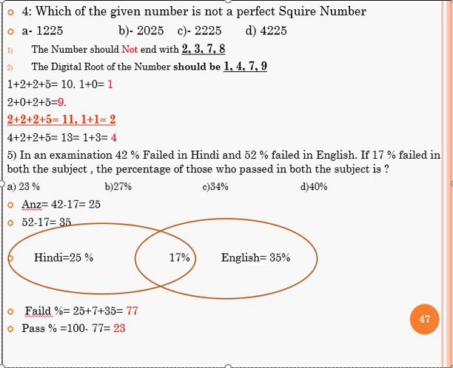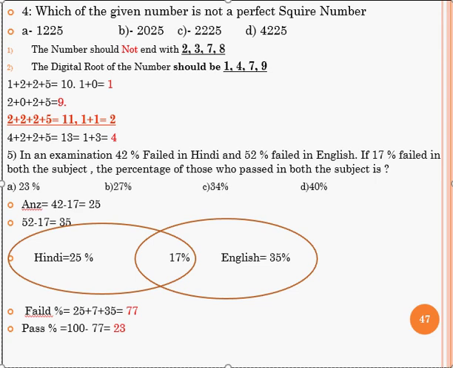Now, we know there are two conditions that must be followed, then only a number is a perfect square. This type of question, this method of calculating perfect squares, we already discussed in our class. You should go through those questions and that method, and learn all these things by heart, then only can you easily crack this question. Again, I will tell you how we can crack this question.